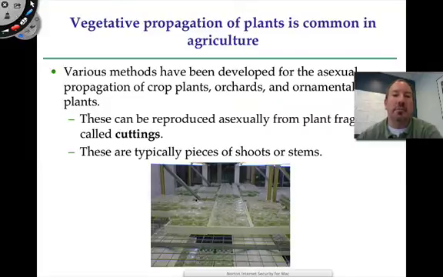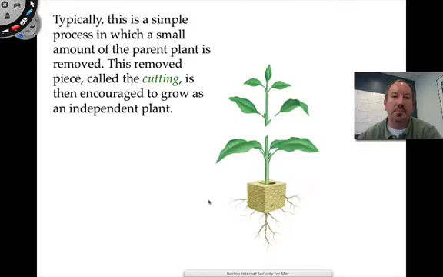These plant fragments, which are typically little roots, shoots and stems of plants, you can soak in water, like I was saying. You don't want them to get too much water. You can basically cut these up, so they're literally called cuttings. Then you can plant it, and it'll grow as an independent plant. So it's a great way to mass produce